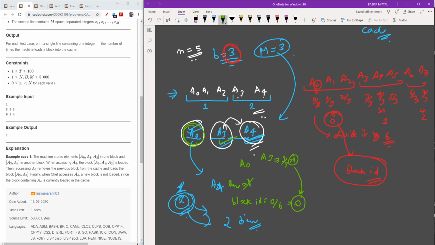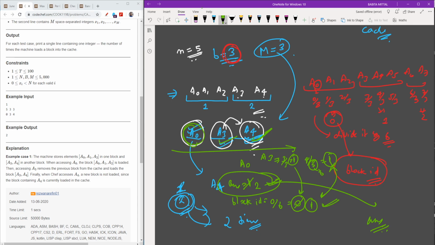So I will increase my answer by 1, so it will become 2, and the block ID will be updated to 1. Now my next element is A4, so I will do 4 upon 3, which gives block ID 1. I see that 1 is equal to 1, so I will not change my block ID and neither will I update my answer. Thus, when the array of size m is completely over, I will check the answer and print it.